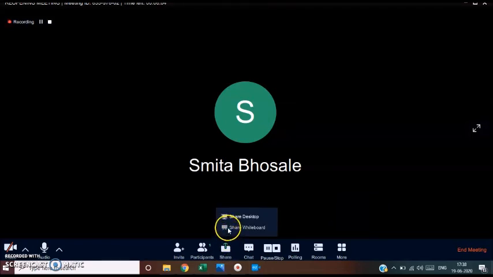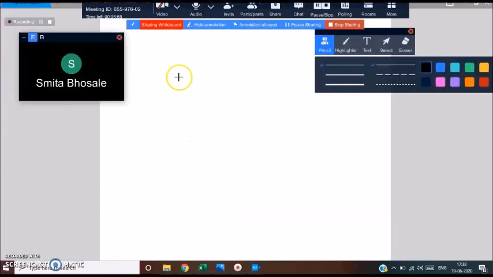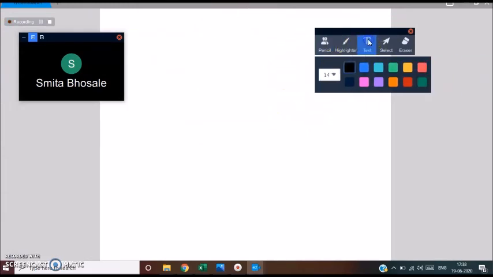It will allow you to share the whiteboard. Click on whiteboard, and here there are options to use the text box. You can use the text with different fonts, sizes, or with different colors.